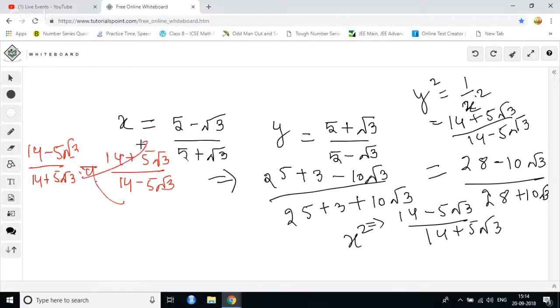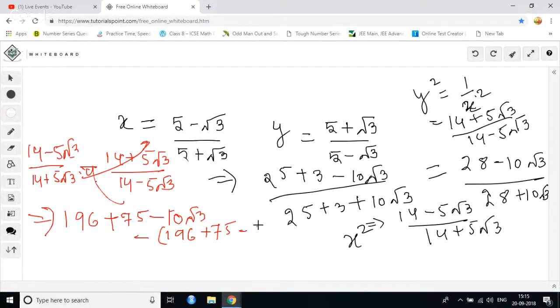Now you multiply everything. What do you get? 196 plus 25 root 3 is 75, and minus how much? This will be square. So minus 10 root 3. Is it okay? When you multiply it, this will be negative. So this will be 196 plus 75 minus, how much would it be? It would be plus 10 root 3